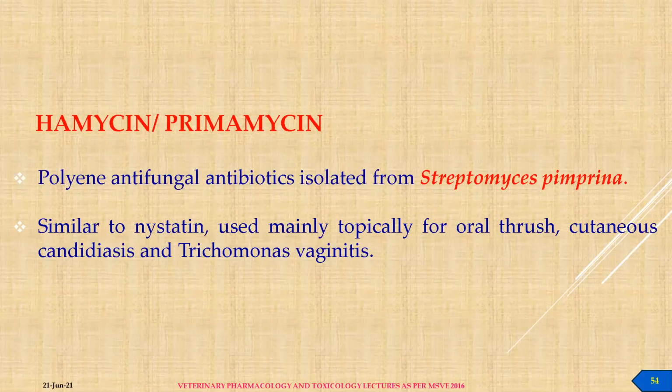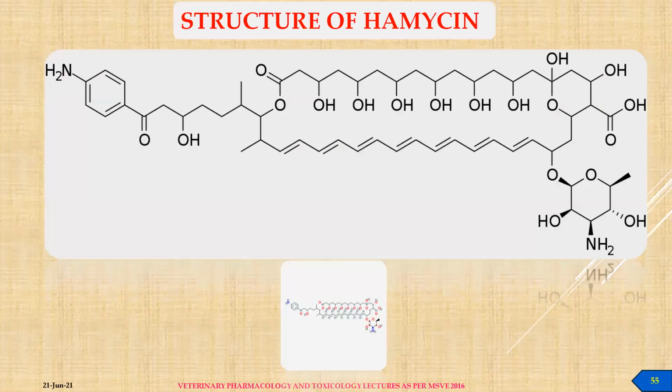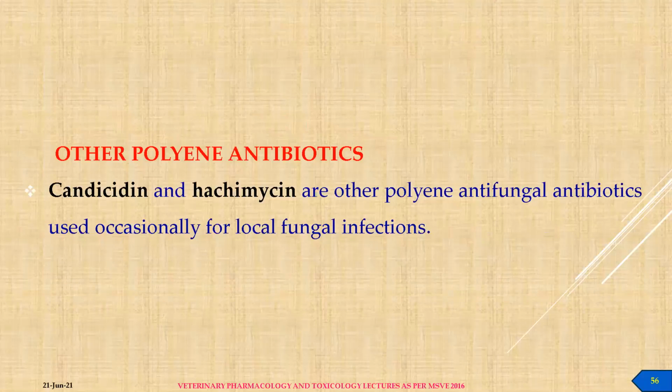It is especially used for cutaneous candidiasis and trichomonas vaginitis. The vaginitis caused by trichomoniasis is effectively treated with haumycin. This is the structure of haumycin. Almost all the structures of the different antifungal drugs look similar, and the mechanism of action is also similar. Other polyene antibiotics like candicidin and hachimycin are polyene antifungal antibiotics used occasionally for